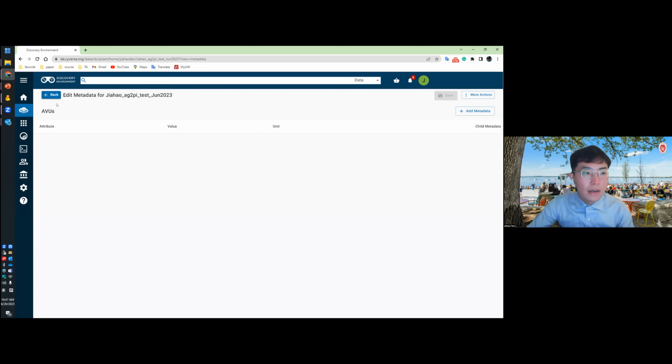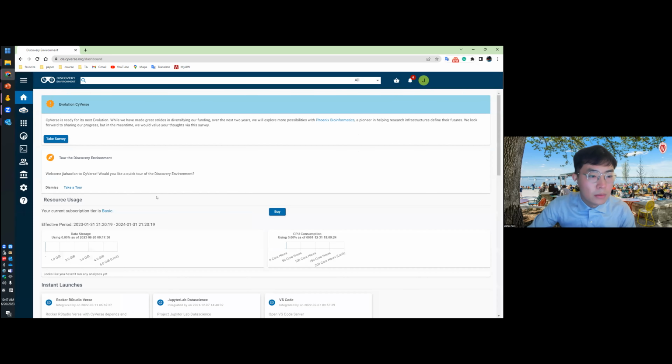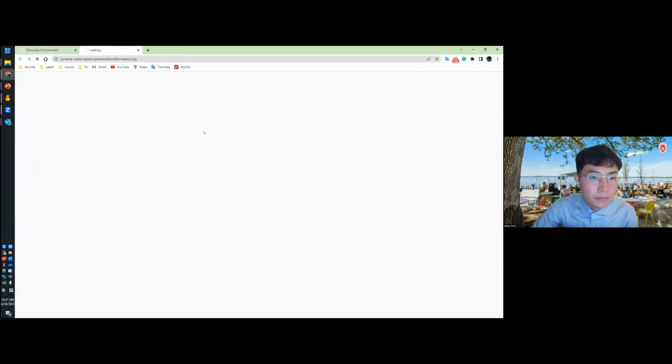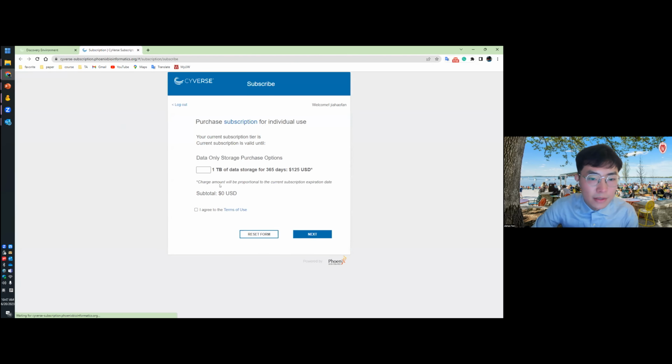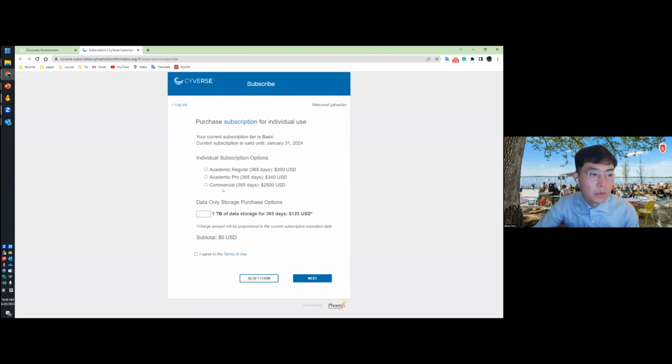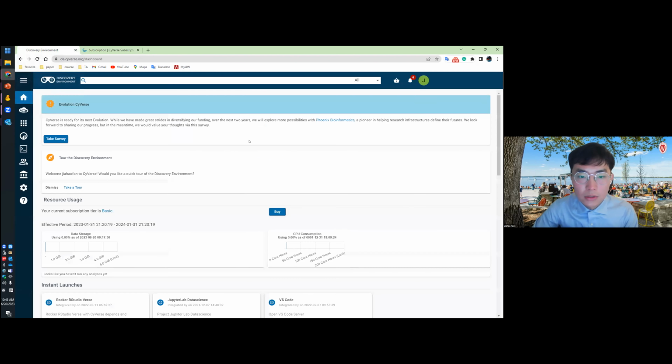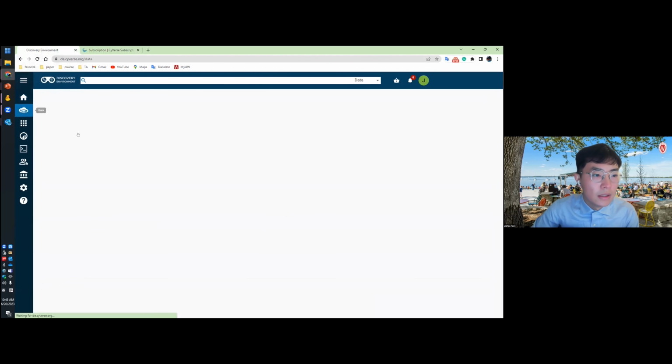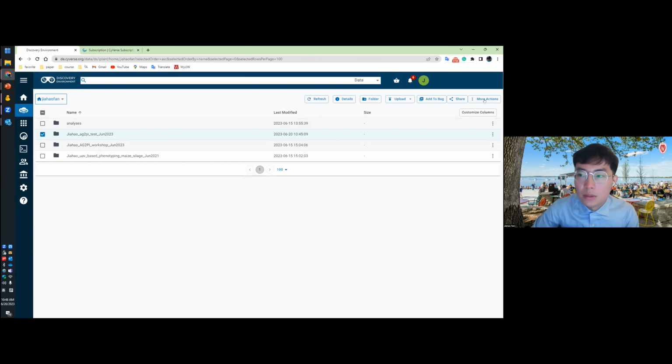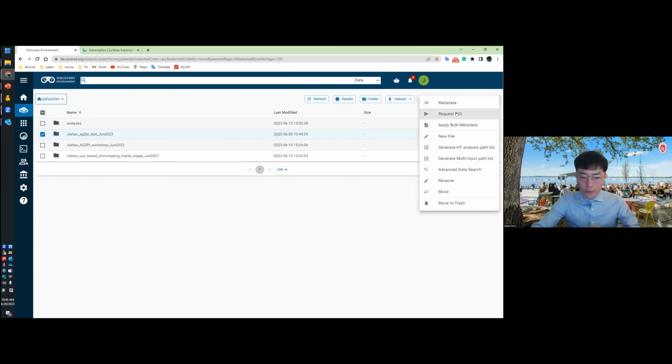Right. So after this, you can upgrade your subscription. You can buy more space, and also when you upgrade your plan, you can request a DOI from CyVerse. I will just choose this one, more actions, and request DOI. That's it. And if you are just using a free version, you don't want to pay them, you don't want a DOI from them,